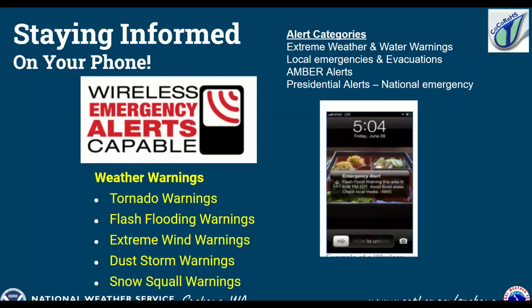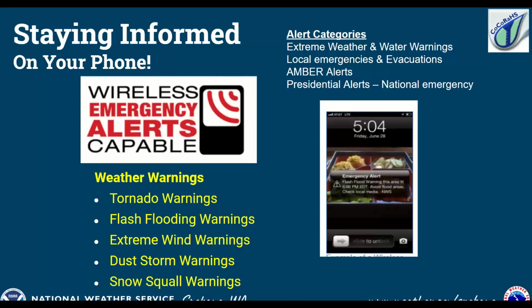Also, keep in mind on your phone, we have alert capabilities, especially for extreme weather and water warnings. There's a section on your phone for local emergencies, and I hope you keep that turned on just in case one of them does strike. It's in the same section for the Amber Alerts. But for these extreme weather and water warnings, this includes the capability of being alerted through wireless emergency alerts.